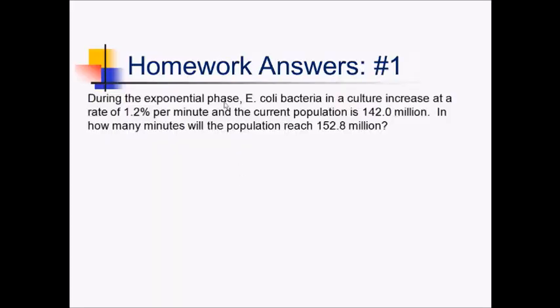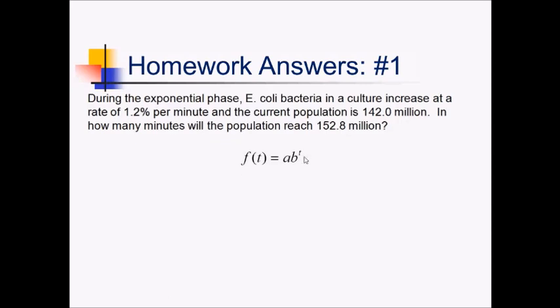For this problem, during the exponential phase, we have some bacteria increasing at a rate of 1.2% per minute with a current population of 142 million. In how many minutes will the population reach 152.8 million? So for this one, we'll start with f of t equals ab to the t. We just need the standard exponential formula because this is happening per minute, not every 7 minutes or something crazy